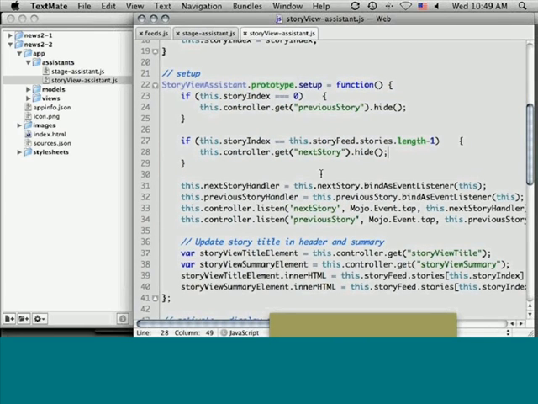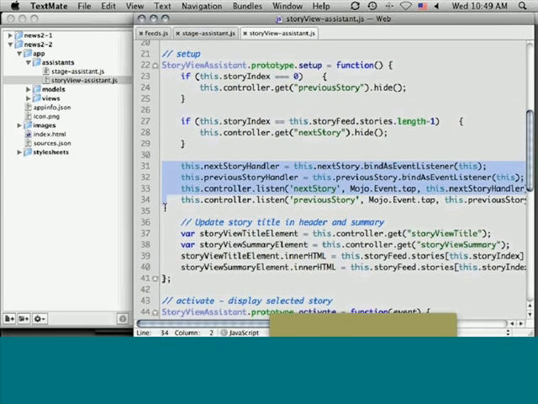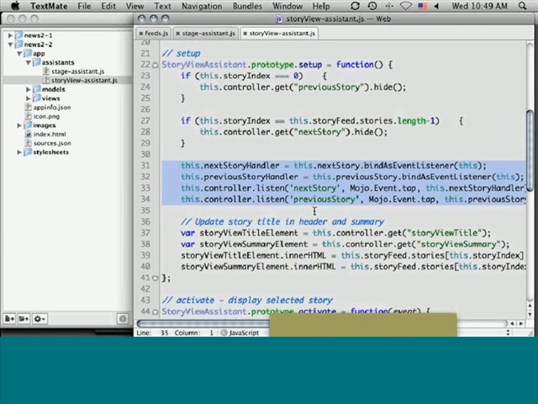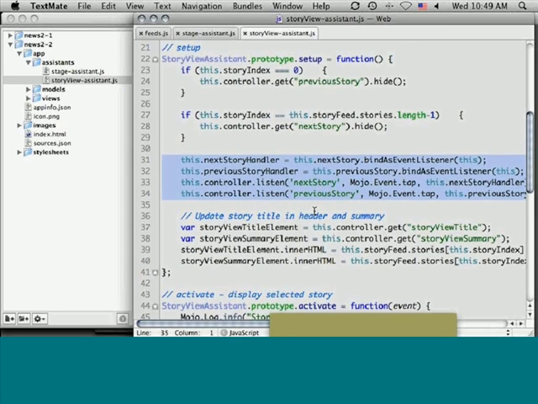This next section of code sets up the handlers for the buttons. So when the next story button is pressed, I need to handle that button press. When the previous button is pressed, I need to handle that button press. So I set those up, and then I've